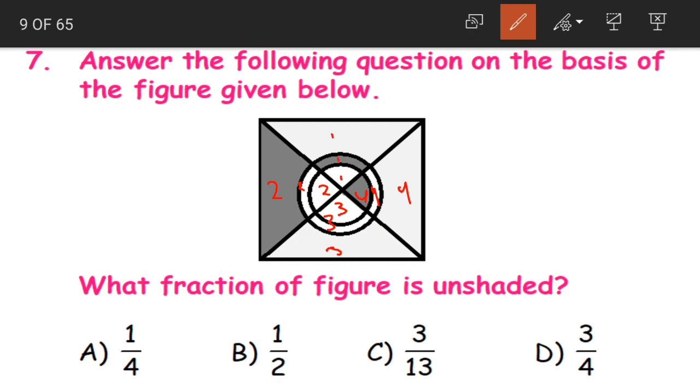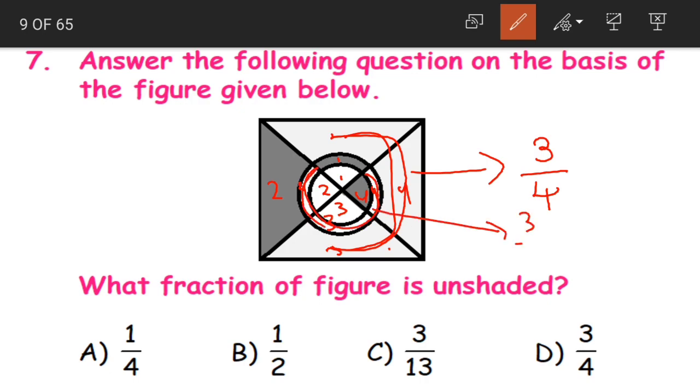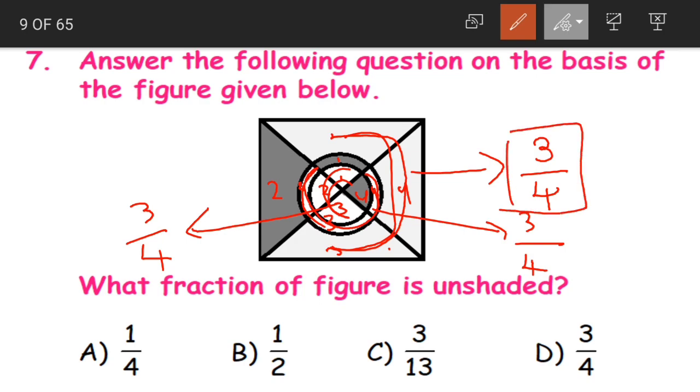And from those parts, how many parts are unshaded, children? So if you look at this outer figure, 3 are unshaded out of 4. So 3/4. Again, if you look at this small circle, 3 are unshaded out of 4. Again, if you look at the inner circle, 3 are unshaded out of our 4 parts. See, no matter whatever shape we take from the figure, each shape has 3/4 part as unshaded.